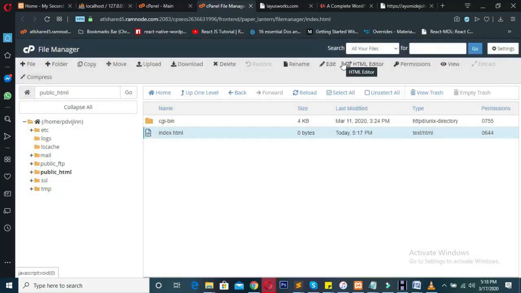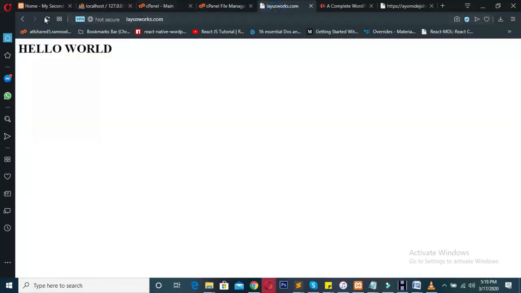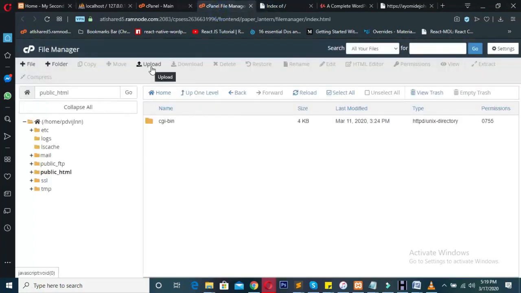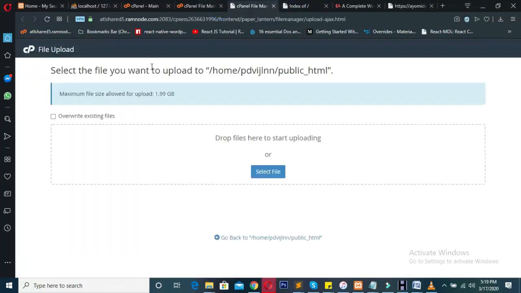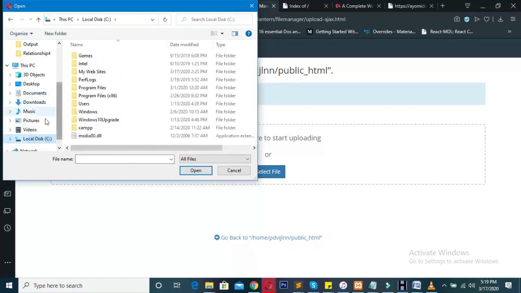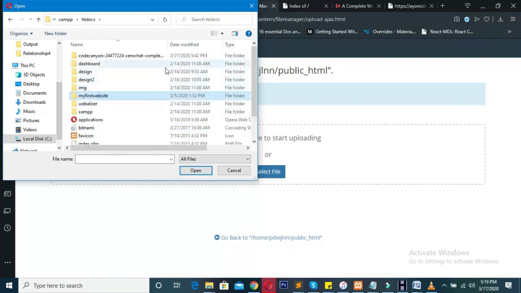Now we need to bring in our WordPress files. So now this is back. Now let's come over to upload, click on upload. Now select file, then you go to where you saved your WordPress file. Okay, so let's go to local disk, XAMPP, then htdocs. My first website, remember this is the folder, and we compressed it, so we need to take the compressed version,